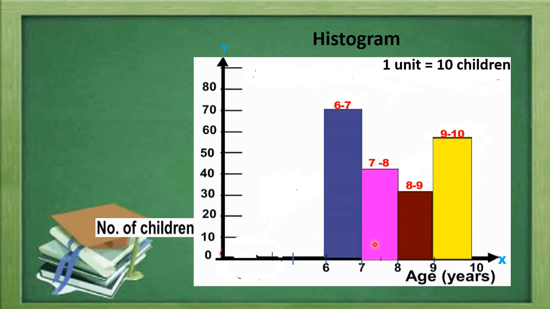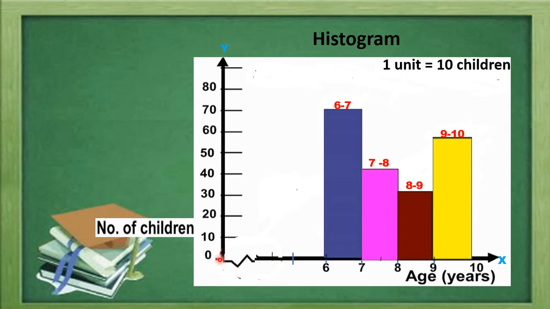Now, when we are drawing the histogram, there is one important thing to take care of. Here we observe in the graph 0, 1, 2, 3, 4, 5, and written here it is only 6. So what is this distance? When we show that this distance is not used, we use a kink, or we can say a jagged line like a Z.